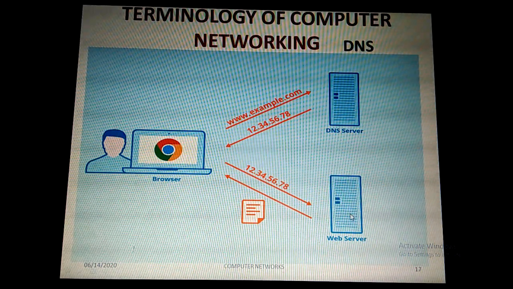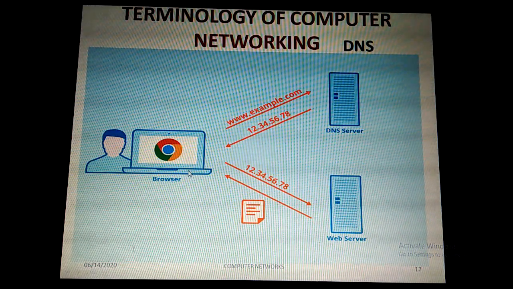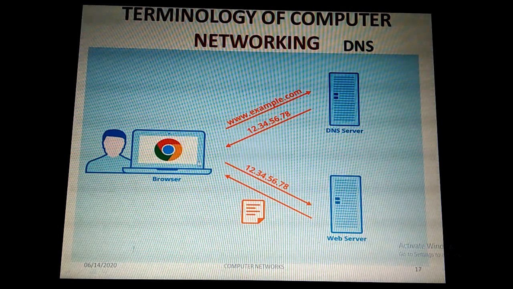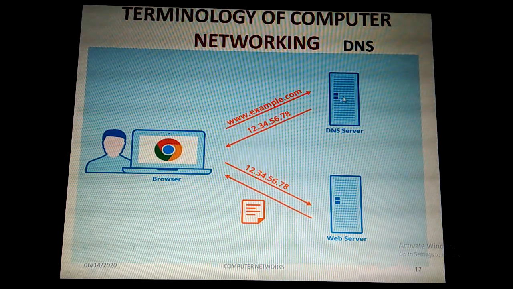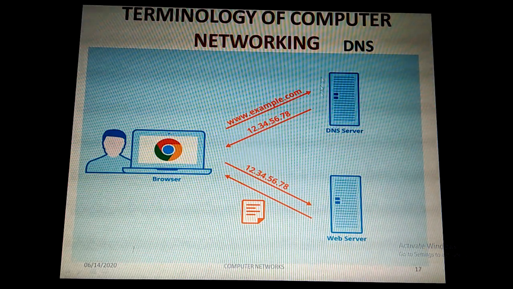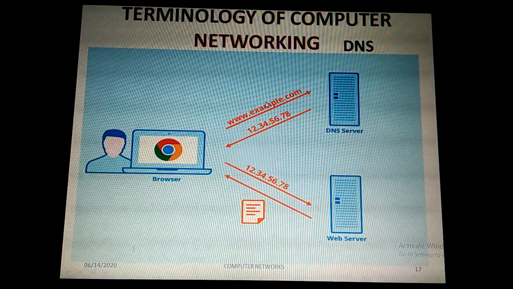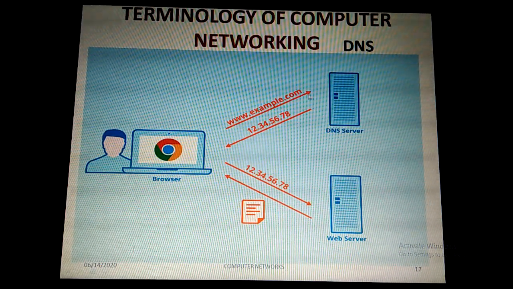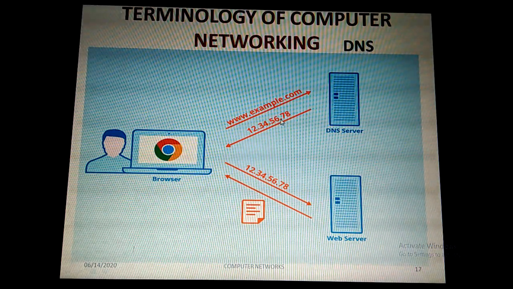That server is reached, the content is extracted from there, and the response is sent back to the browser machine, that is the client system, from where the request was made. So like this, the DNS performs its role of converting and matching the URL address, and gives the correct mapping to the numerical address, that is the IP address.